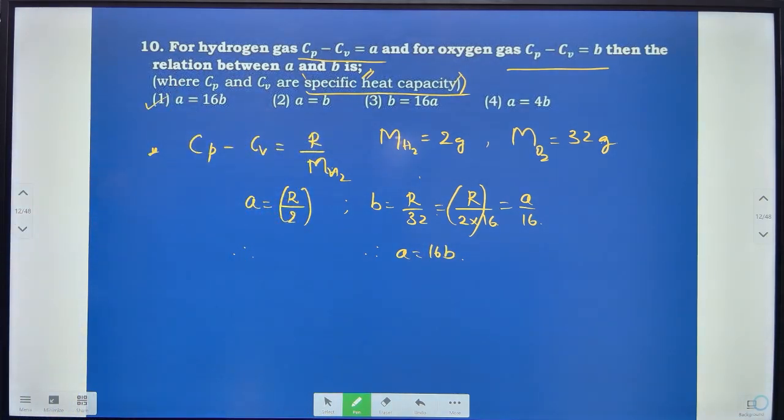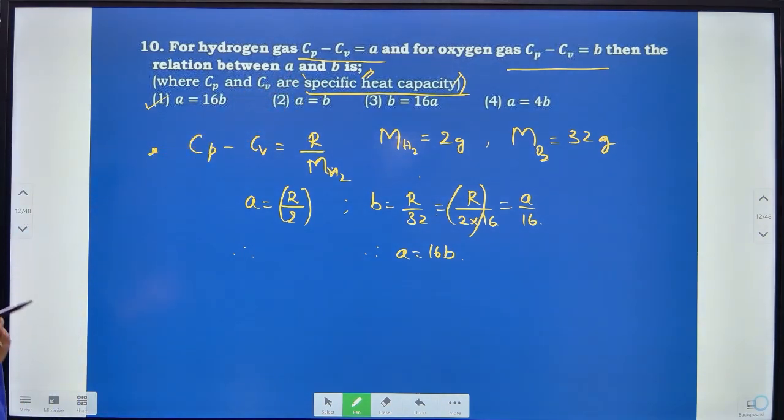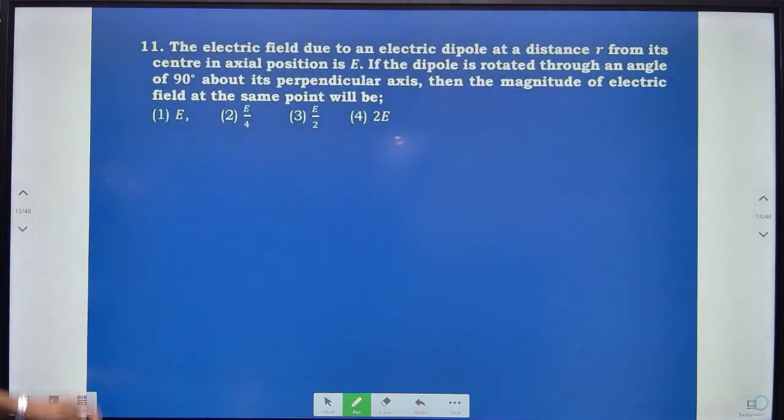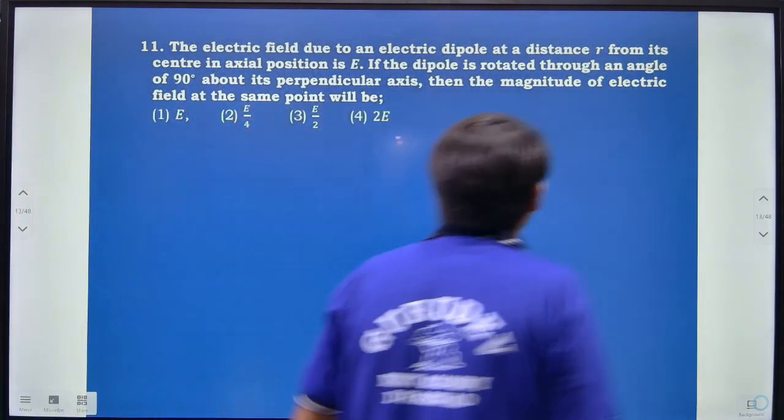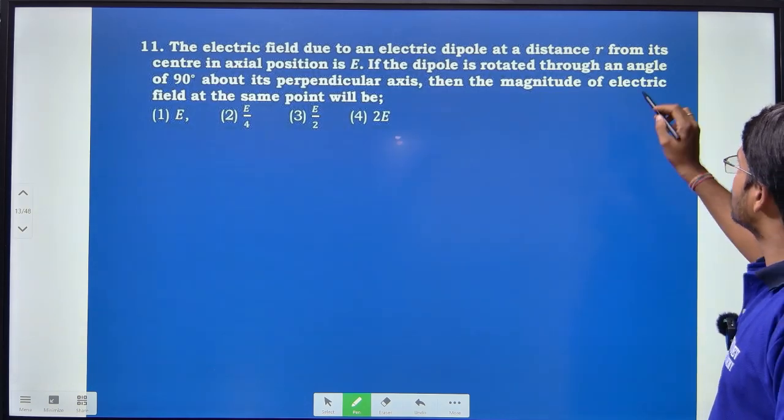Correct. So here we should understand this particular point: molar specific heat capacity and specific heat capacity. What is the difference? If you know that, then it is a very simple numerical. Correct. Next. Electric field due to an electric dipole at a distance r